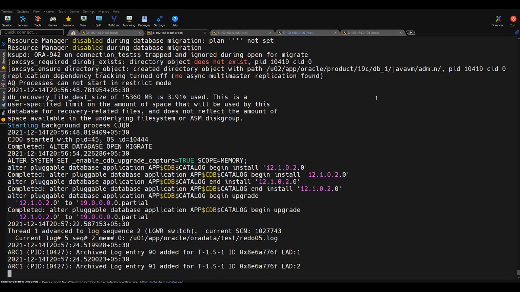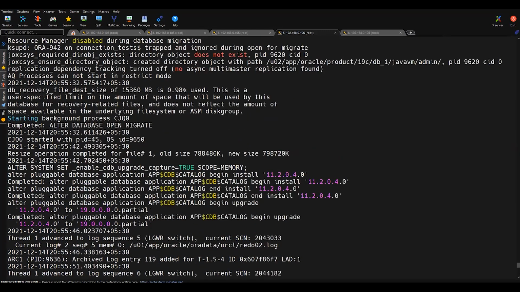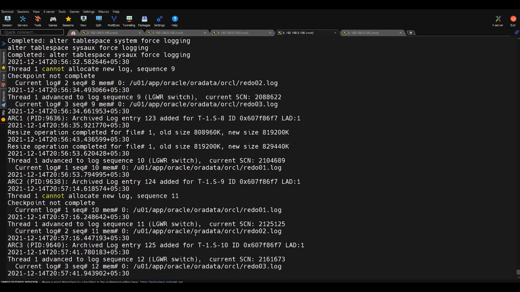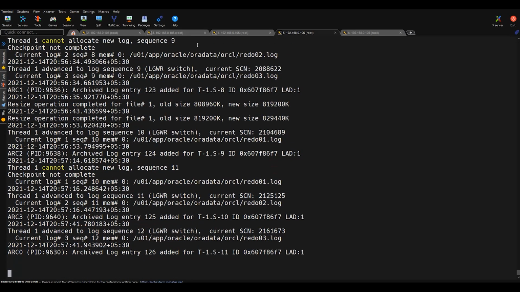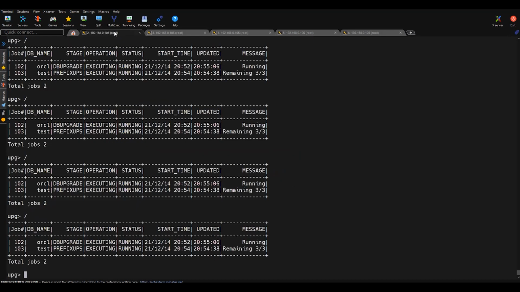Now, if you look at the alert log of this 12C database, here you can see the database is getting upgraded, and this is 11G. So it has started with the database upgradation process. Both the databases are getting upgraded parallelly, and you can run the status command, where we can see the upgrade 0% completed.